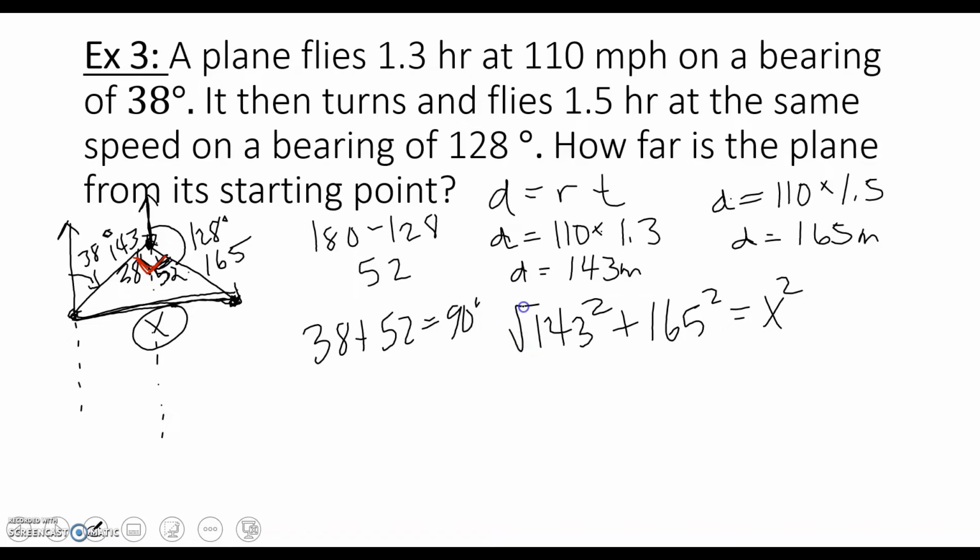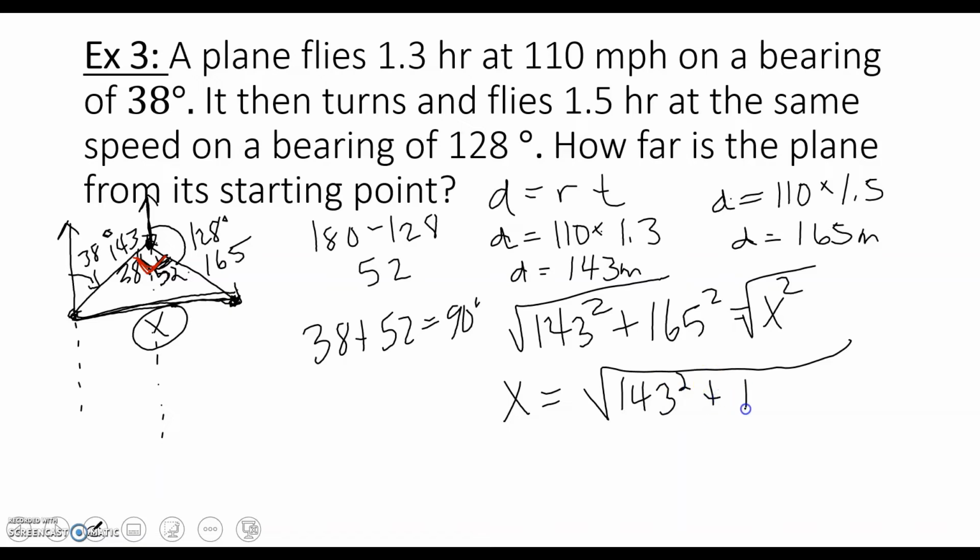So in order to solve for x, we're going to take the square root of both sides. I'm just going to switch the sides I have it written on. The x is going to be equal to the square root of 143 squared plus 165 squared. Plug that in your calculator. If you plug that in your calculator, you actually get